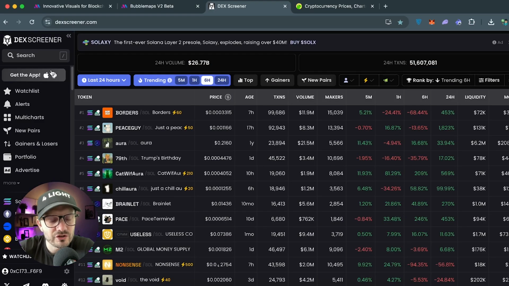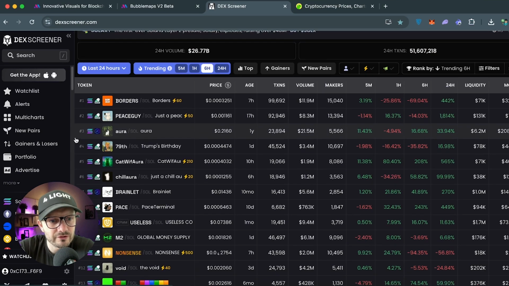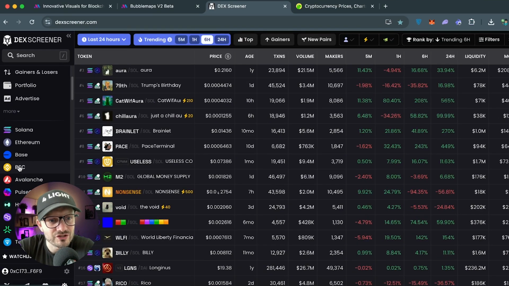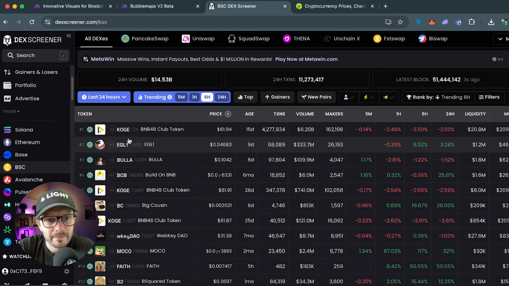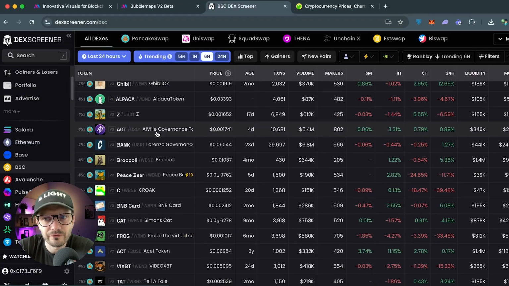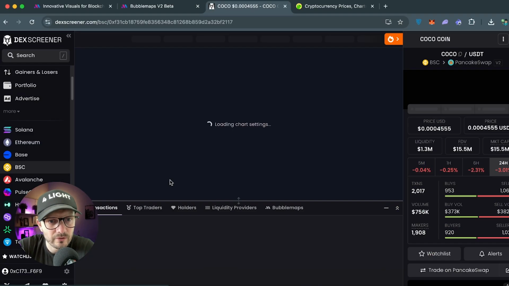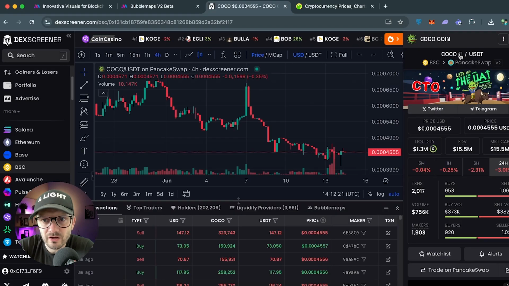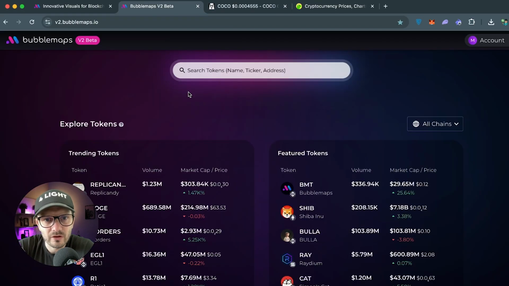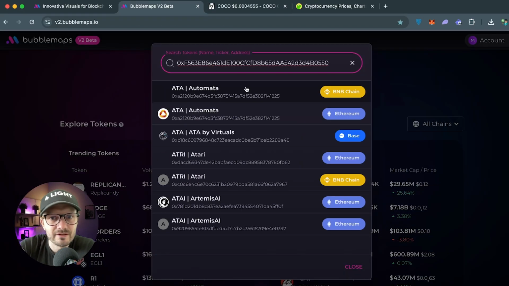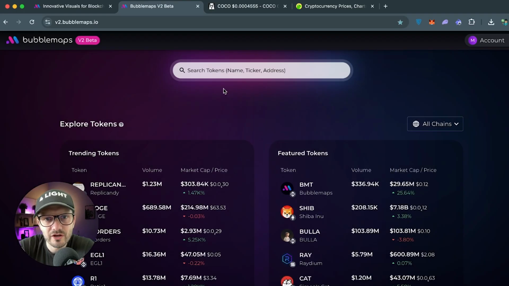Also, for investigation of meme tokens on BNB Chain, I highly recommend you go to DEX Screener, scroll down, and choose the chain, Binance Smart Chain. And here's a list of fresh new tokens. For example, we can find this one, Coco. We need to copy the contract address, go into Bubblemaps and just paste that contract address, BNB Chain,